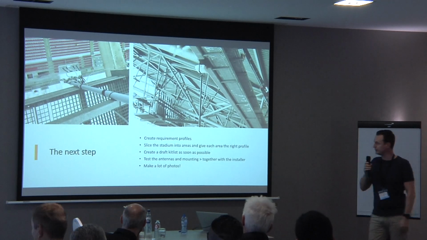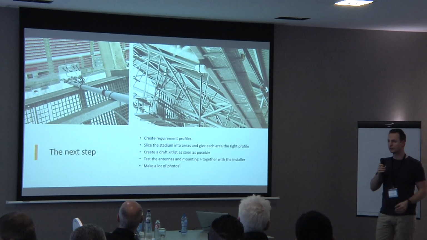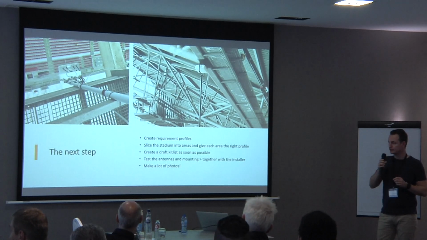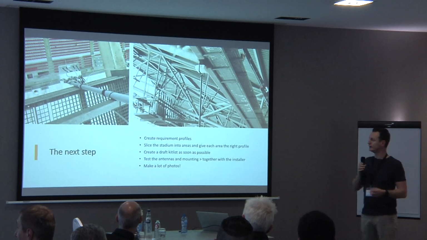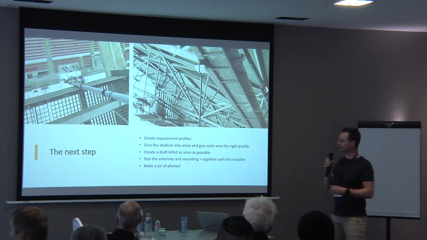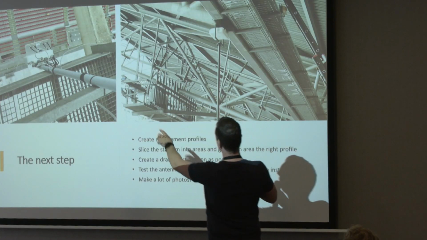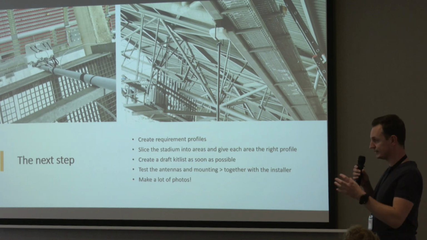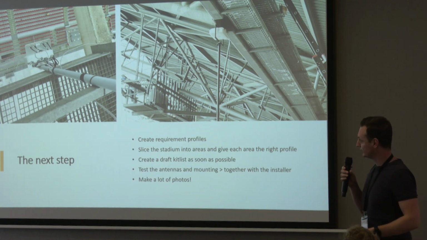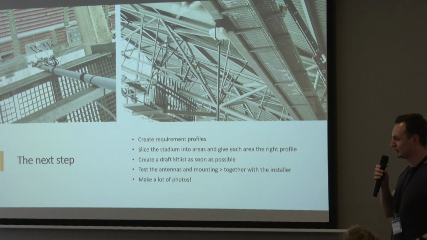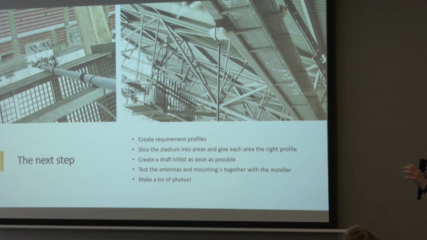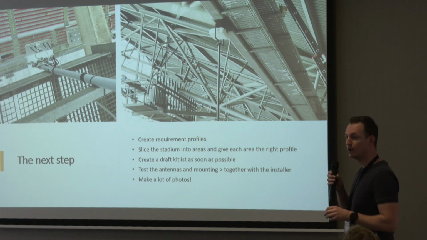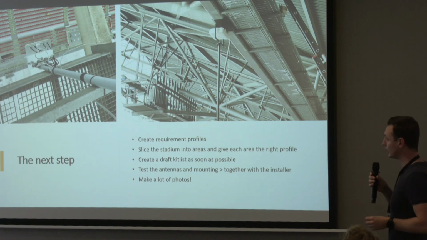Then we came to a point where we had our lessons learned from the old network. We made a new design based on that information, and we had to see how we can make the Wi-Fi better, make the positions better. So we created our own test setup, which you see on the left. We make a pole with the AP and the antenna, and make it very secure, because when you are 25 meters high and it falls down, they will not be happy. We did not do the whole stadium, just some specific points. We did some measurements to see if we have to adjust our